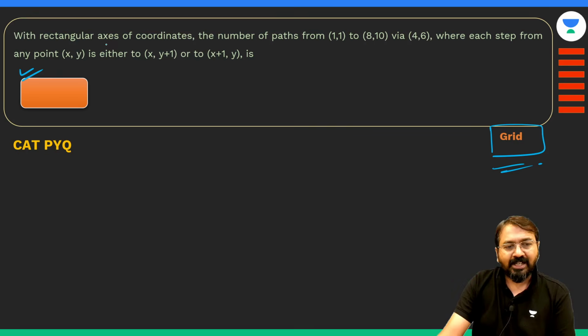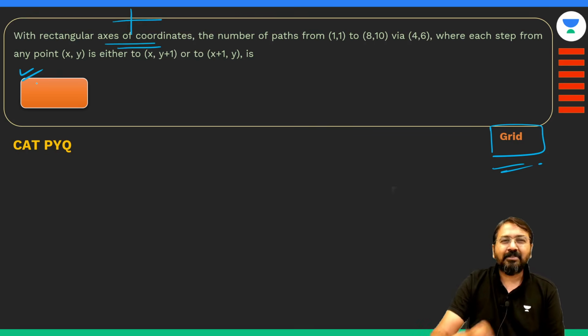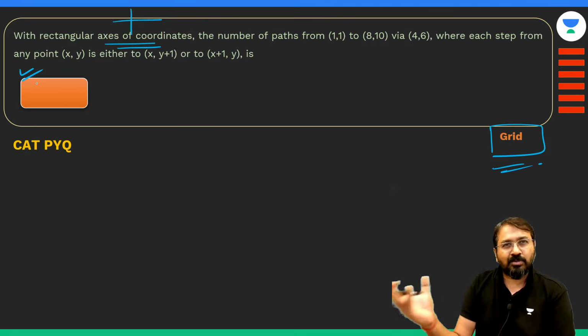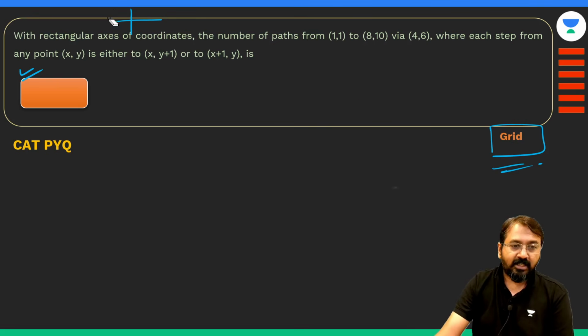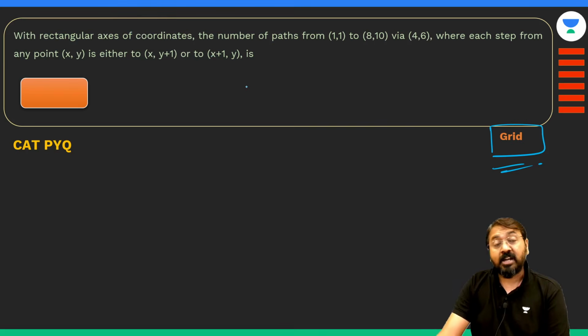चलो एक और क्वेश्चन लेते हैं, और ये ग्रिड फॉर्मेशन का है, और ये बड़ा इंटरेस्टिंग क्वेश्चन है। विथ अ रेक्टेंगुलर एक्सिस कोऑर्डिनेट्स, मतलब नॉर्मल कार्टेशियन सिस्टम की बात कर रहे हैं, ये सब फनी फनी चीजें यूज करते हैं, रेक्टेंगुलर एक्सिस कोऑर्डिनेट्स। अरे भाई कार्टेशियन सिस्टम बोलो ना, एक्स वाई एक्सिस जिसमें होते हैं, ठीक है। तो गाइस कार्टेशियन सिस्टम को हम रेक्टेंगुलर एक्सिस कोऑर्डिनेट्स भी कहते हैं।